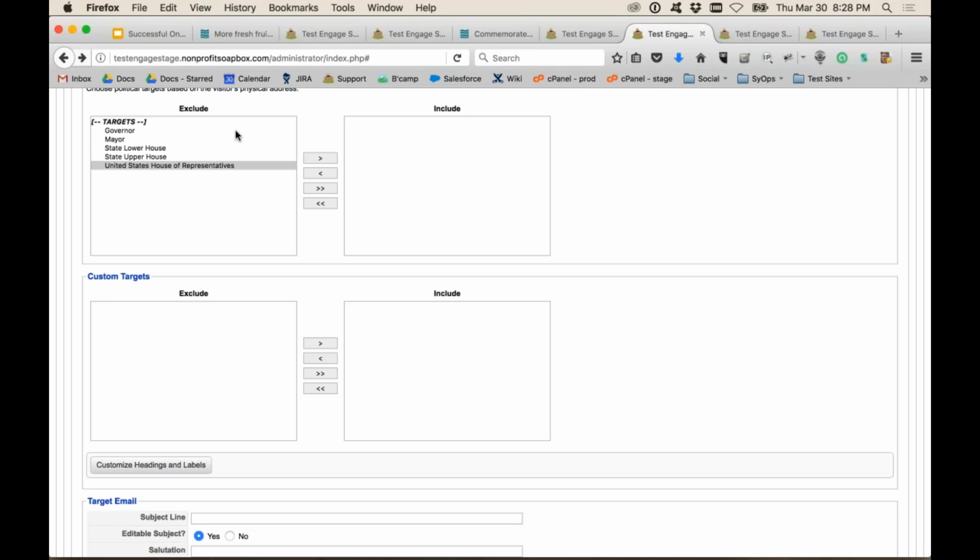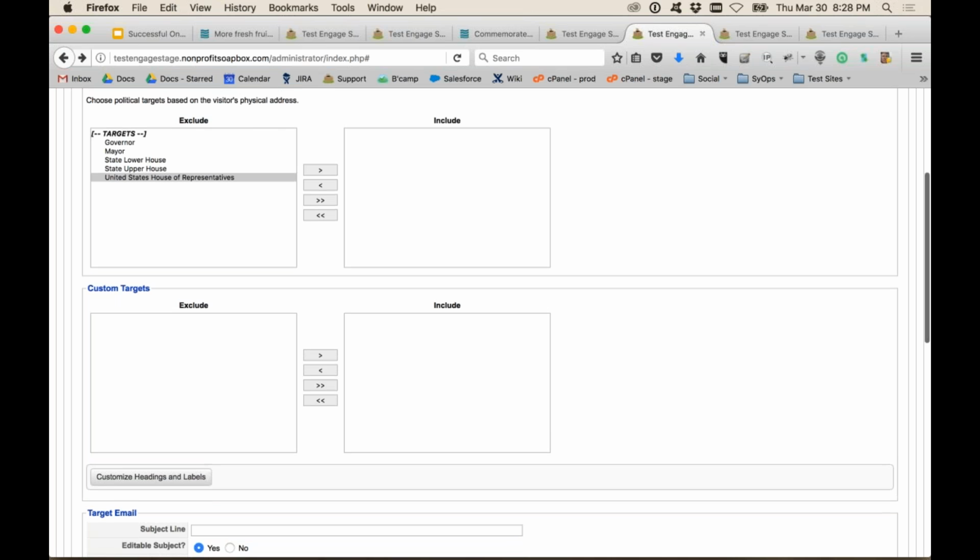You can choose multiple targets, multiple predefined targets if you wish. In general, though, the message that you're going to be sending will be probably specific to that individual's particular position. So you'll likely be choosing just one predefined target. In addition